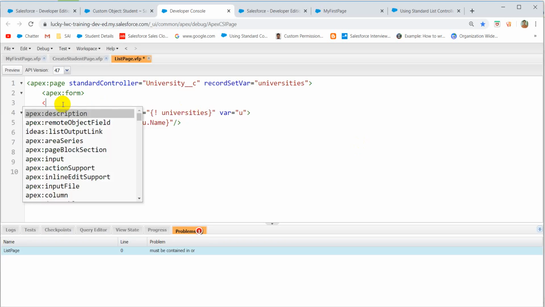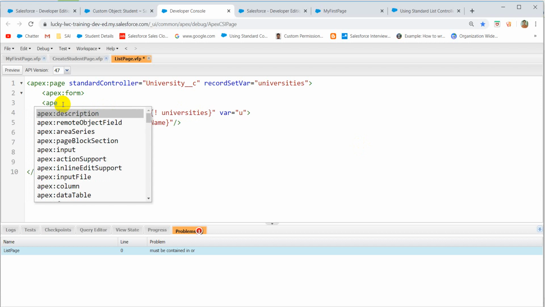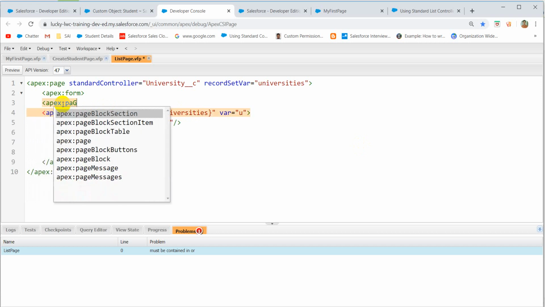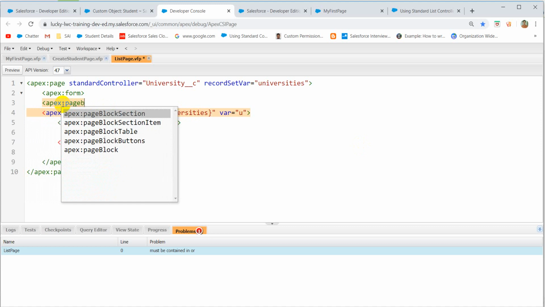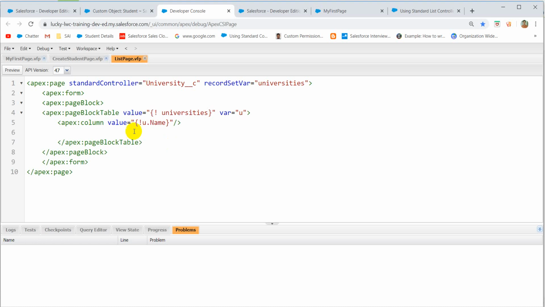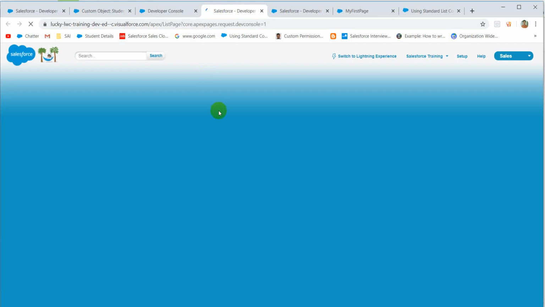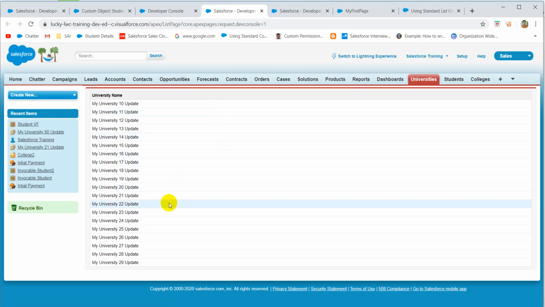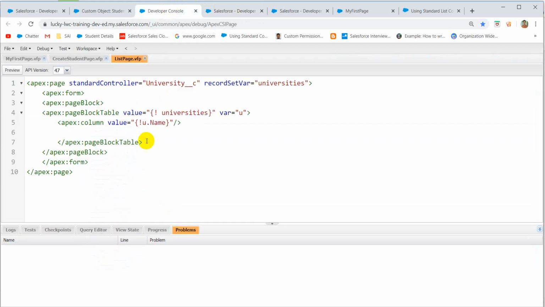Page block table should be inside the page block. By default, it displays 20 records. Okay, so how many records did we have? Buttons, how we are going to